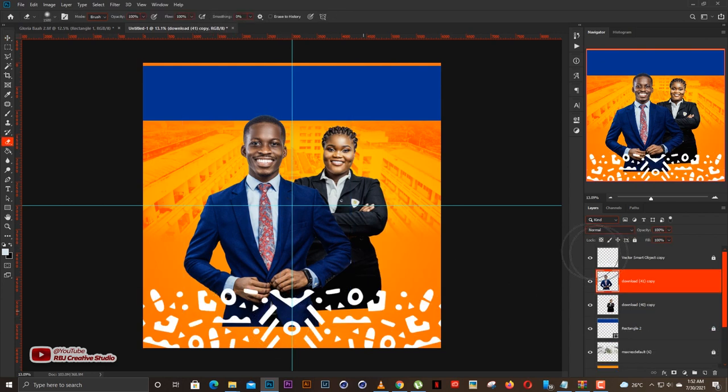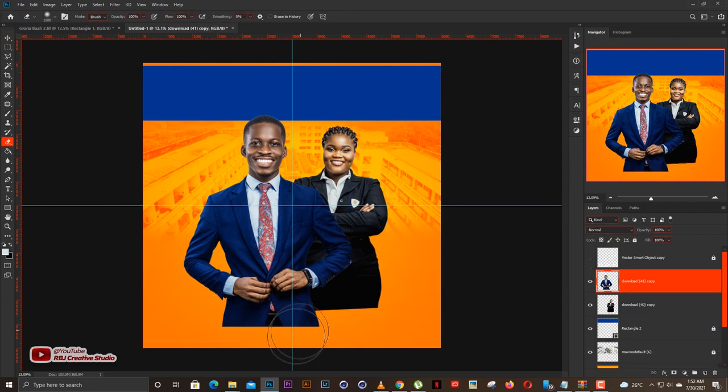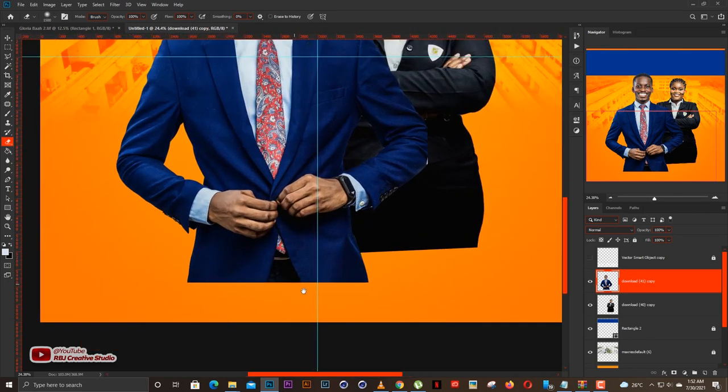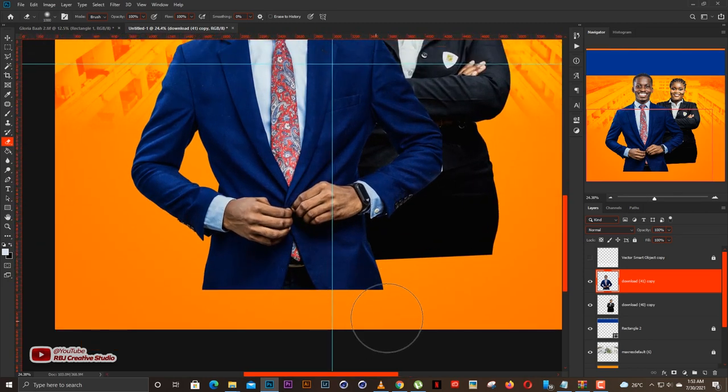After that, we choose our eraser. Let me turn off the pattern real quick. Choose the eraser, zoom in a little bit so you guys can see what's going on. Then I'm just going to clean down here for the image because you just want a few details going on